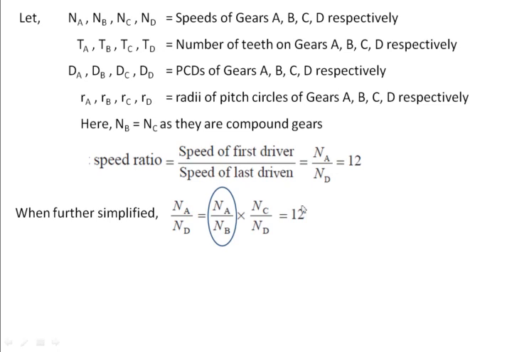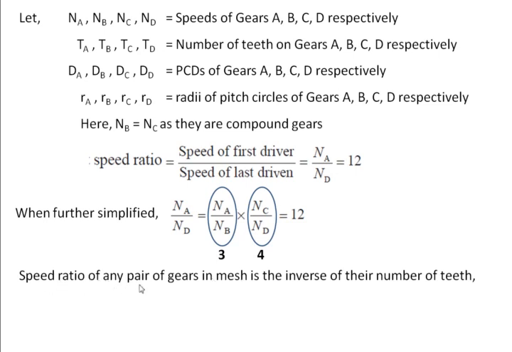But as per the standard ratios we prefer, we can go for another combination. For the first pair we can take 3 as the gear ratio, and for the second pair we can take 4. The product will be 12. So let us assume that gears A and B will have a ratio of 1:3 reduction, and gears C and D will have a ratio of 1:4. So let us proceed with this assumption.